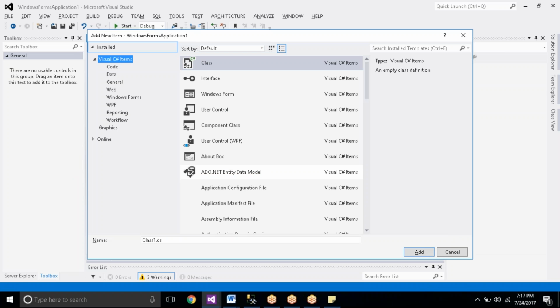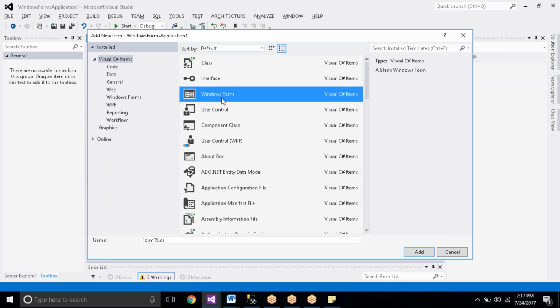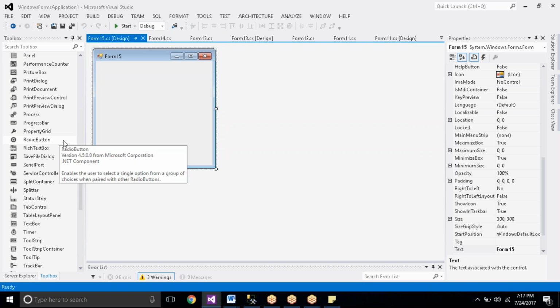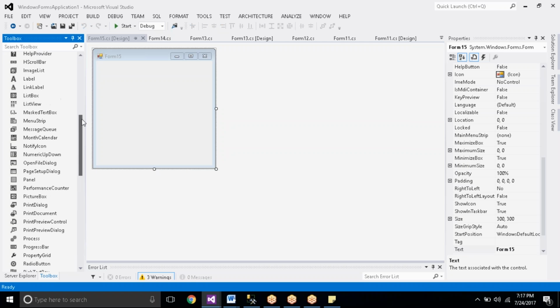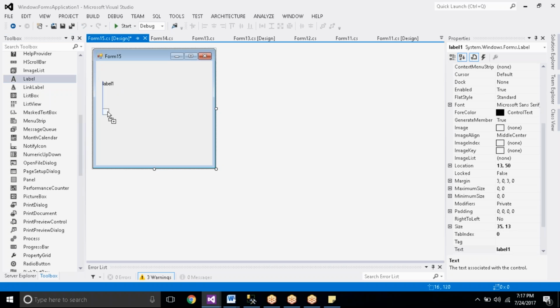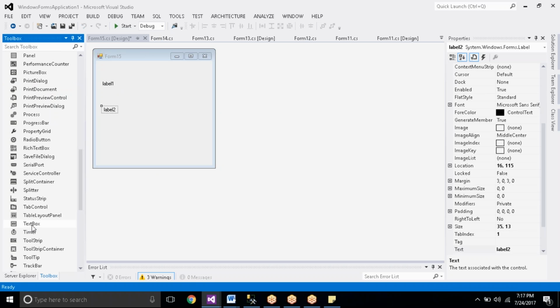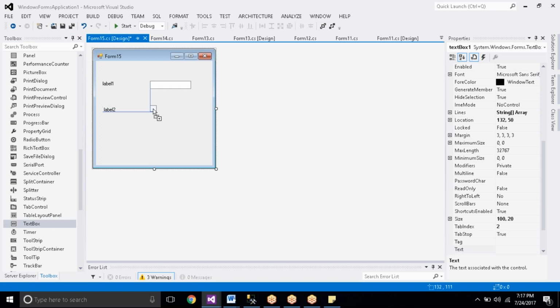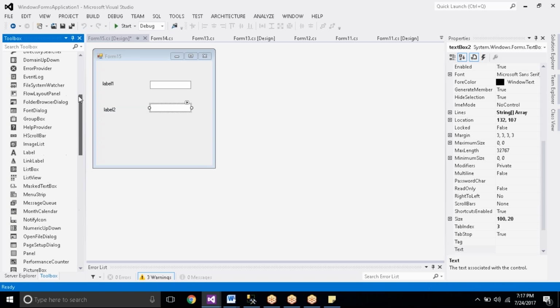Now listen here, all of you. I'm creating a new Windows form here, and in this I'm asking the user to enter the username and the password. I'm taking a text box to enter the username, and one more text box to enter the password. Clear? Finally, I'm taking a submit button.